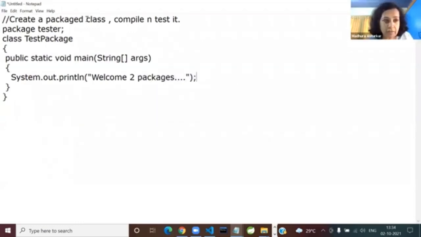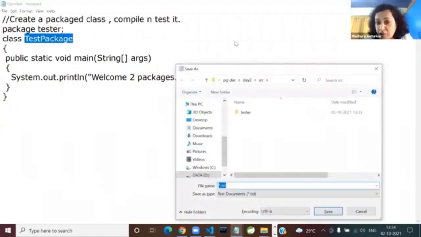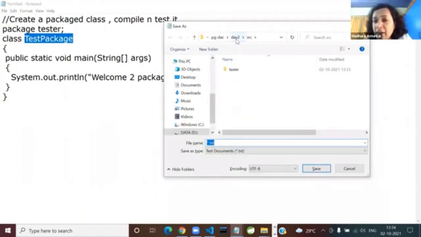Okay. And here, I'm just saving it. So here, where should I save it? Under day 2 SRC, there's a subfolder tester. See, keep eyes open when I'm discussing it in so much detail. Otherwise, you make so many mistakes in the lab session. Yesterday, I was observing. So under tester, and here,